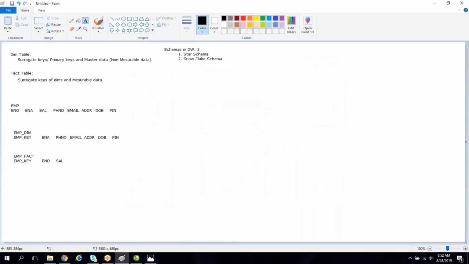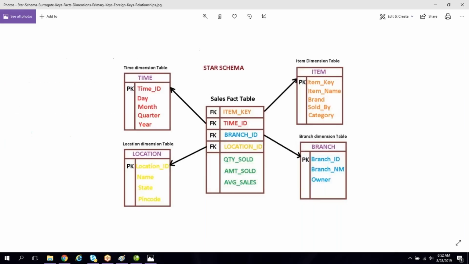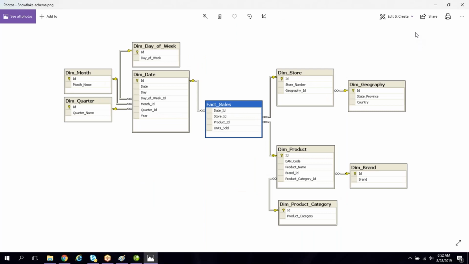We have another type of model called the snowflake schema model. The snowflake model is this one. Here you can see there are multiple dimensions and only one fact. This fact contains only 3 dimension keys: date ID from the date dimension, store ID from the store dimension, and product ID from the product dimension. We don't have all the dimension keys here.